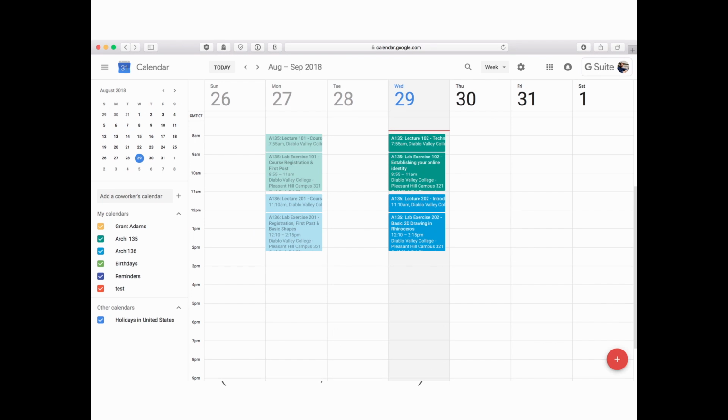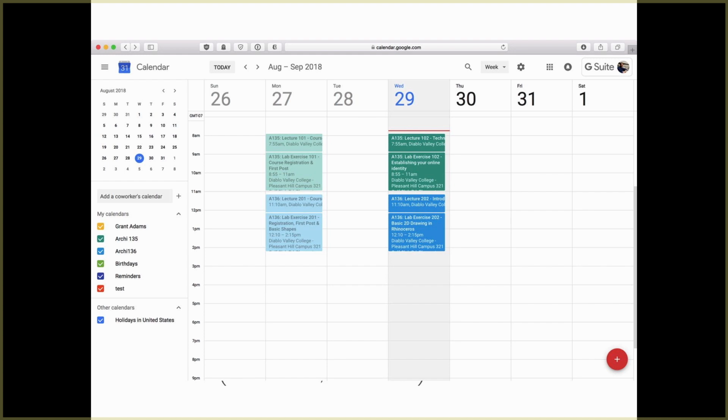Here's our Google Calendar. This is a lot like what yours is going to look like. Notice that the dates are from last semester or last fall, not this fall, but you get the idea. So here, you guys will subscribe, and ignore the fact that the dates are wrong. On each day, you'll see first one, oh, there's 135, lecture 102, technology, etc. Then we move into lab. What's going on in the lab? There it is, all booked out. So you guys will see that.